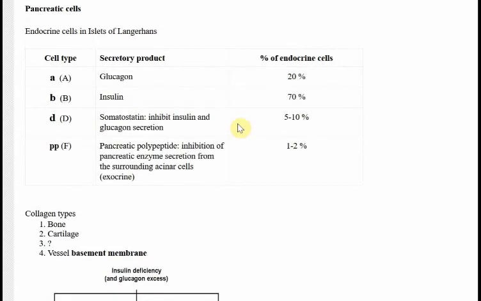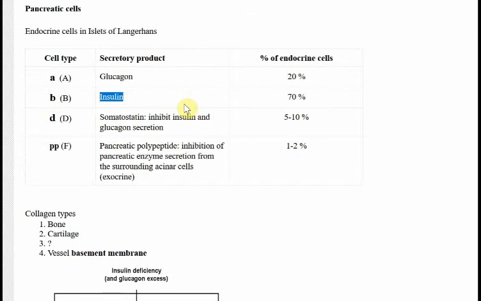Now the pancreas consists of 4 types of endocrine cells: alpha, beta, delta, and pancreatic polypeptide ones. About 70% of the pancreas is made up of insulin secreting ones, the beta cells. So type 1 diabetes, which is, remember, insulin deficient, you must lose about 70% of your islet cells in order